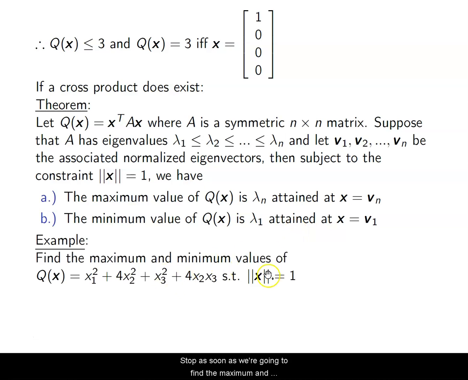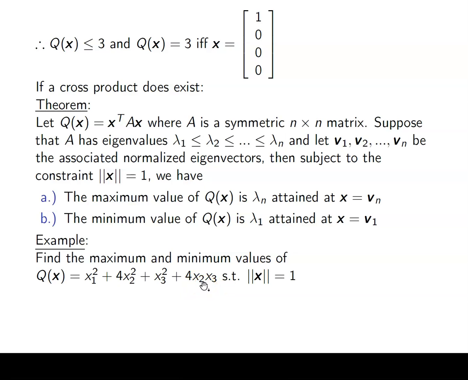We're going to find the maximum and minimum values of Q of X equals X1 squared plus 4 X2 squared plus X3 squared, plus the cross product term in X2, X3, subject to the length of X equaling 1. So again, what's happening here is I have a cross product term. So what we need to do is build our matrix A, our symmetric matrix that is associated with this quadratic form. We learned how to do that in the last section. So we're going to do the same thing. The square terms are the diagonal, and then the cross term gets split across the two